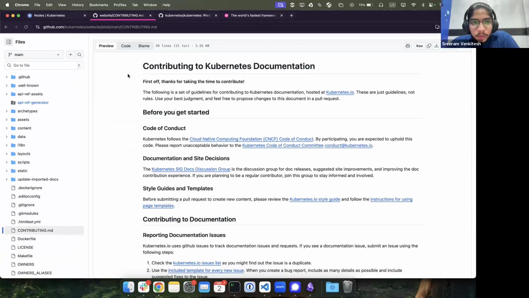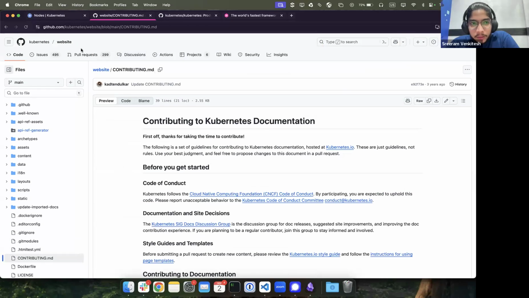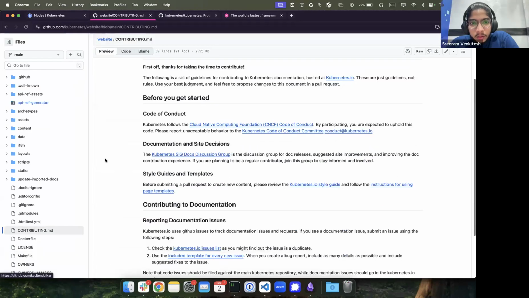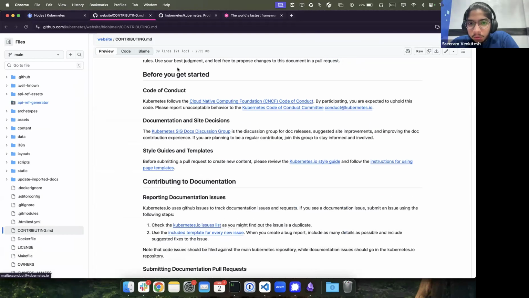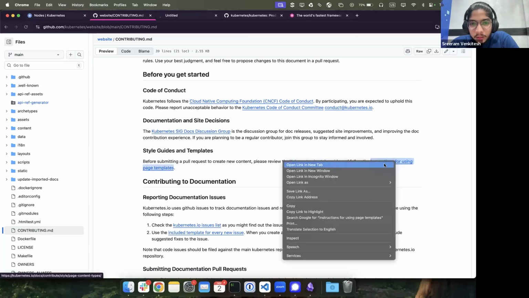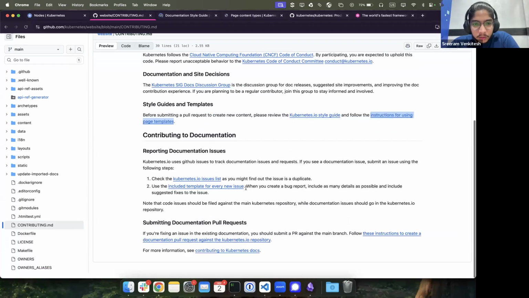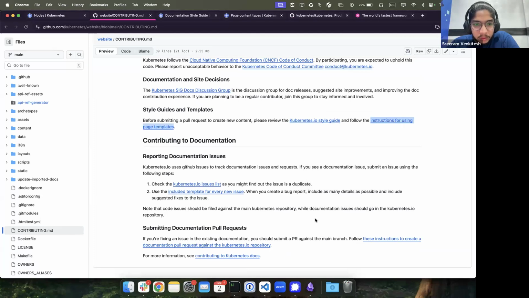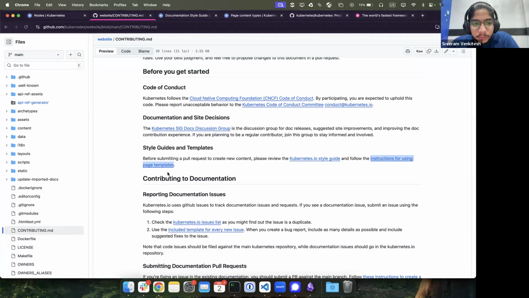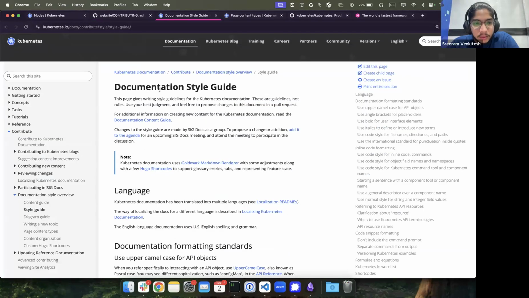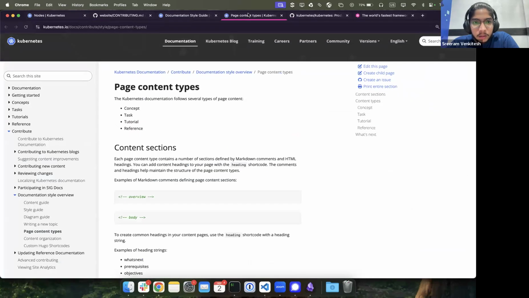Yeah, so if you come to this contributing.md file in the Kubernetes website repository, you can find what is called the style guide and template. There is a document that gives instructions on how you can find issues and submit pull requests and all. But to answer your specific question, there are two docs called the documentation style guide, as well as the